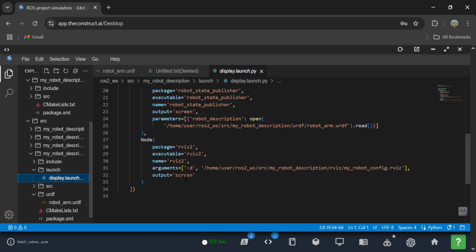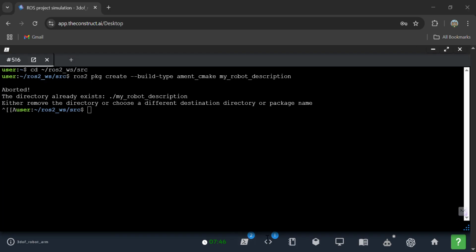After writing this code, we can click save and then get back to the terminal. After that, we use the command cd /ros2_ws. This command ensures that we go to the root of that directory. So after that, we run the command called colcon build, and this colcon build is used